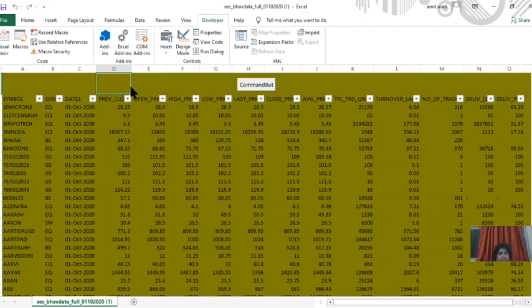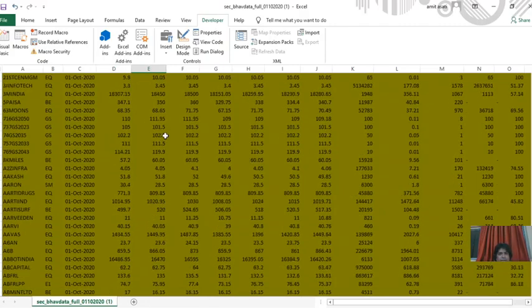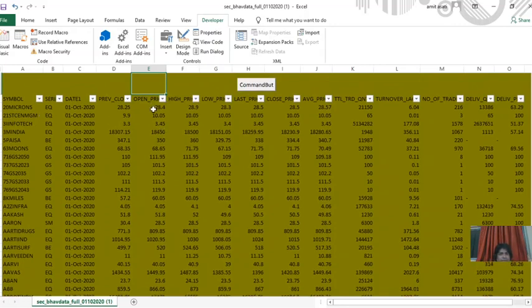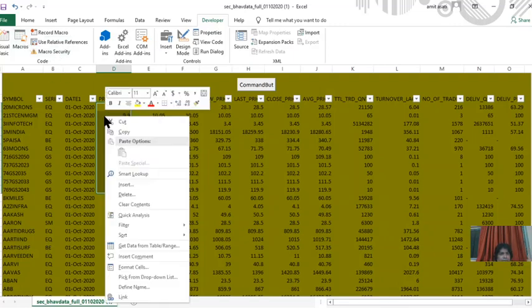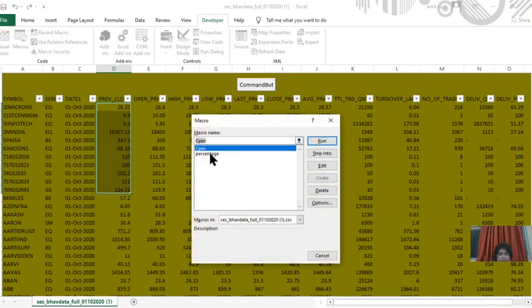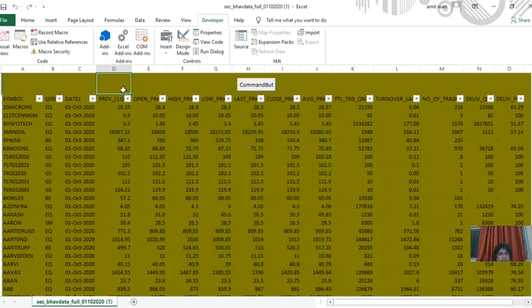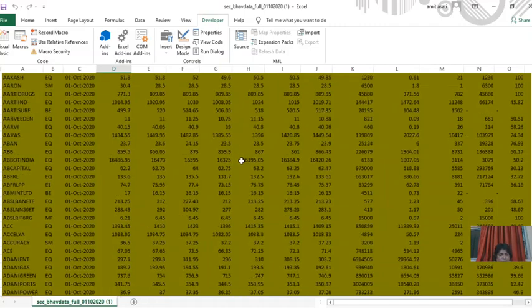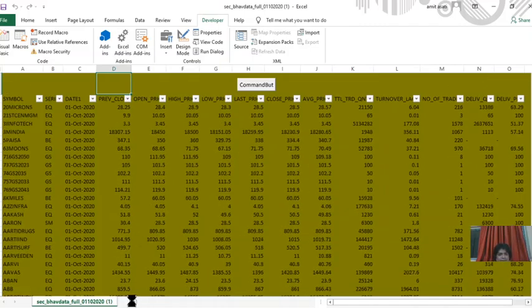No, it's not working here. What happened? I don't know what happened. First of all, select this, sorry, select this, and Macros and percentage, and okay, it's not showing anything here. I don't know why it's not showing. Okay, I will take a new window.